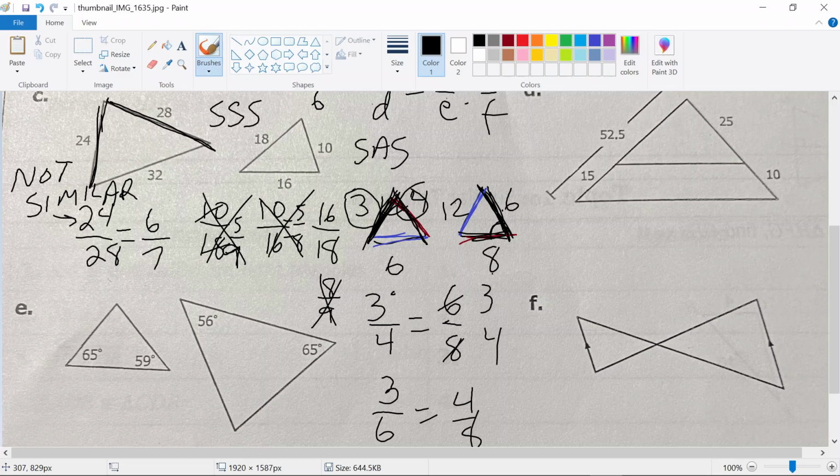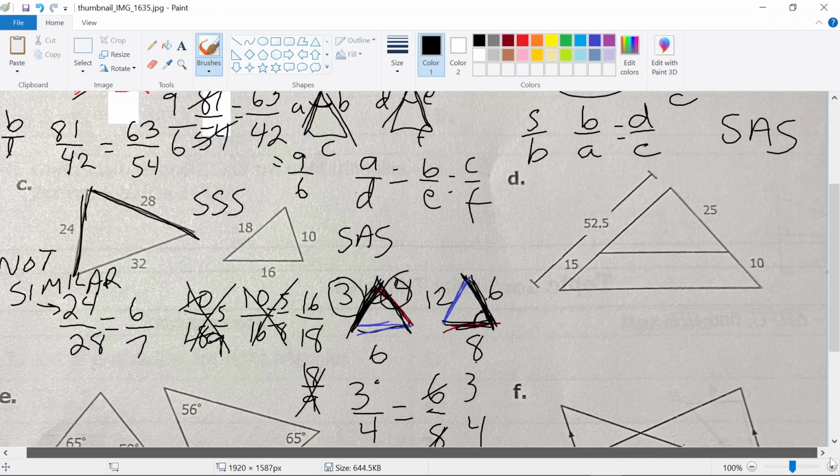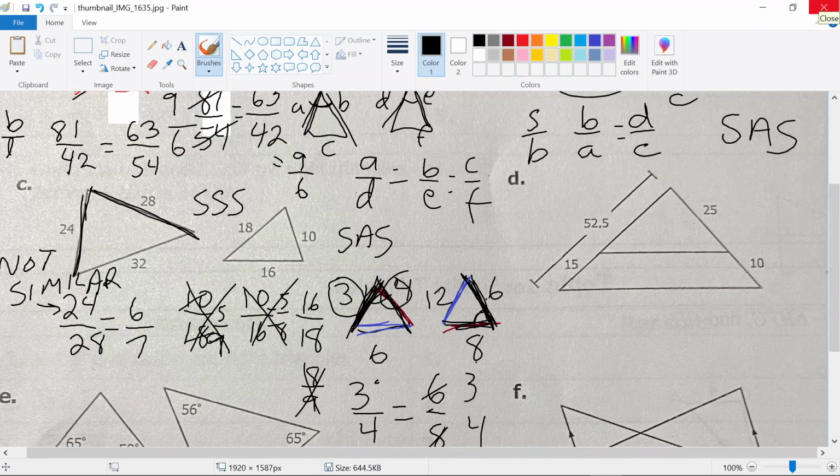If I had found one in the second triangle on the right that equaled 6 sevenths, then I would know that those things paired up. But in this case, it didn't happen. So those are not similar. Now I've lost my mouse. There's the mouse pointer. I'm trying to get down to the bottom so I could scroll. There we go. Scrolling and scrolling. Okay, notice again, well,